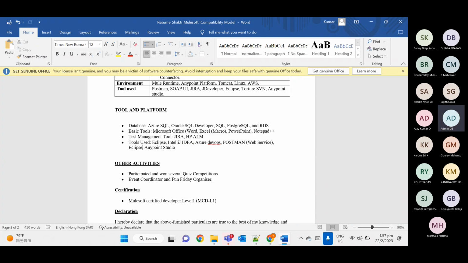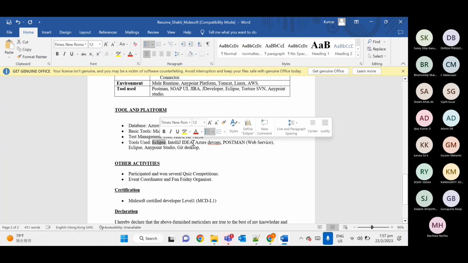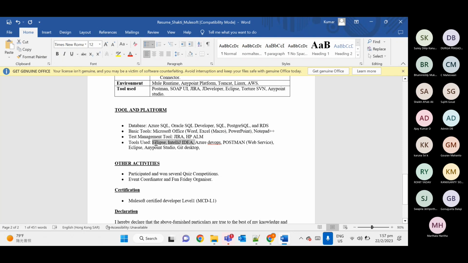Remove JDeveloper. Desktop. Azure, Oracle SQL.